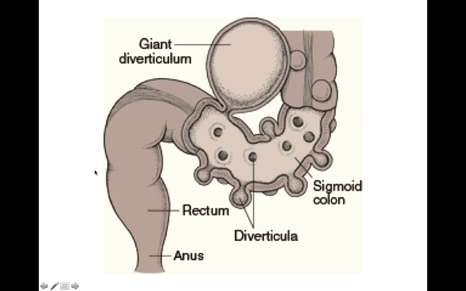So the patient has constipation, and that will increase intraluminal pressure. Wherever there is weakness in the intestinal wall, there will be protrusion of these finger-like projections, and that will lead to diverticuli. These are false diverticuli, because these herniations do not contain all the layers. They just contain the superficial layers only.